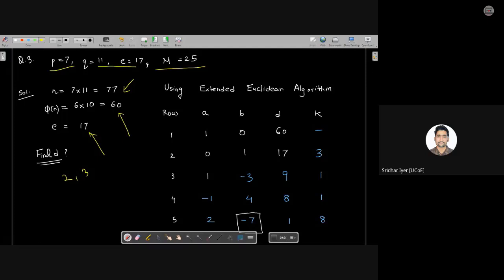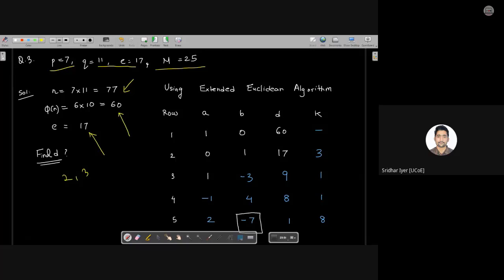Can we take 7? We can take 7, but again 7 is P, so we can't take it. We can't take 8 because 2 divides both 60 and 8. Can we take 9? No, because 3 divides them. Same logic, we can't take 10. Can we take 11? Yes, but it is Q, so we can't take it. I hope I solved your query. Can we take 12? Obviously not. 12 fives are 60. So can we take 13? Check it and let me know.